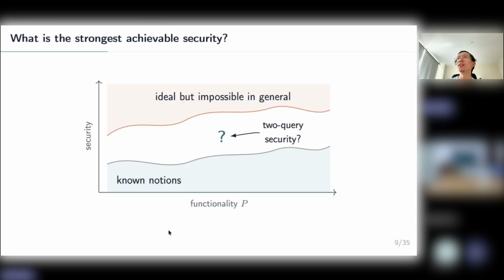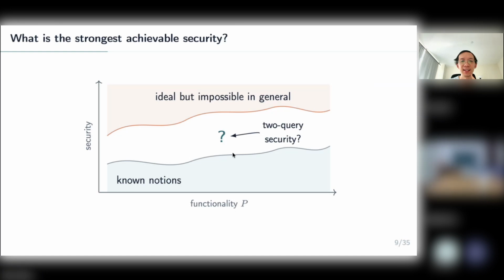Yeah, so with this prior work, it gives us a very natural question. So again, let's recap the situation. We have some ideal security notion where we say, okay, a one-time program should just give me one query access to this functionality, but there are lots of negative examples where this is impossible in general. And then depending on different functionality, there are a bunch of different security notions that have been proposed and have constructions.